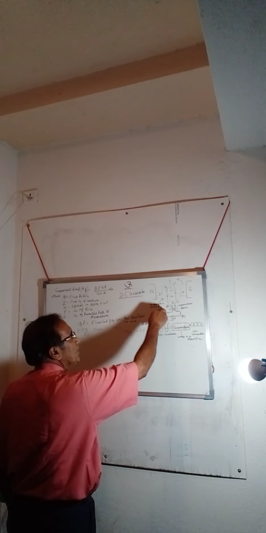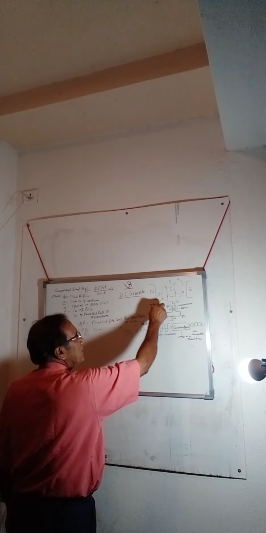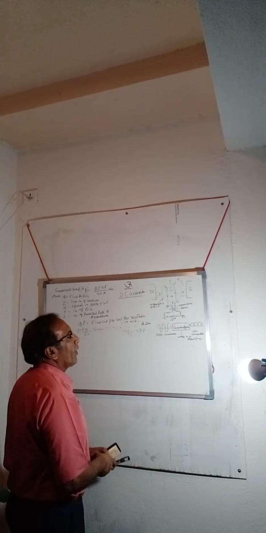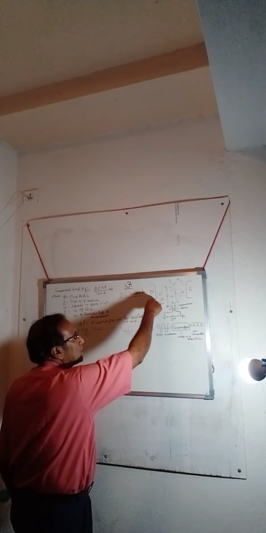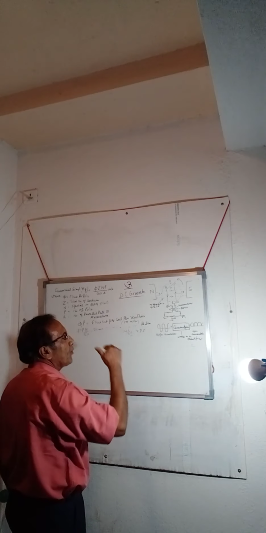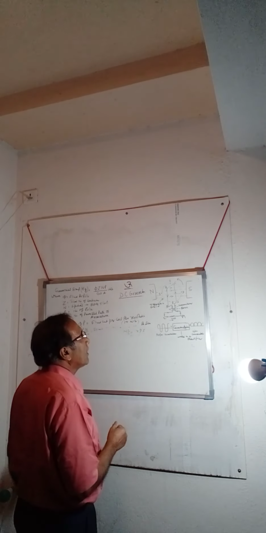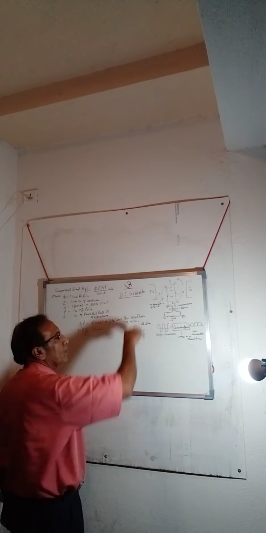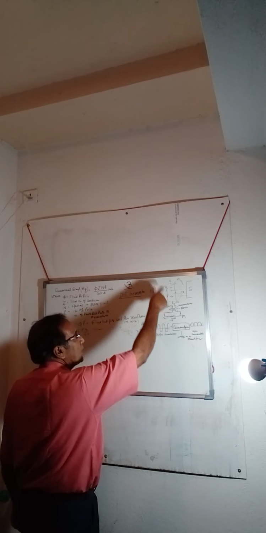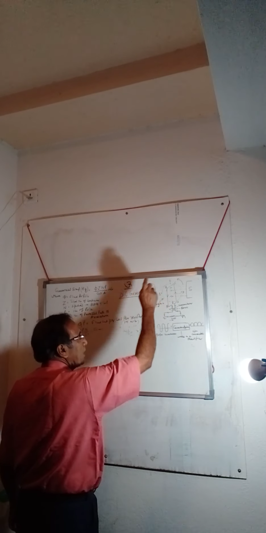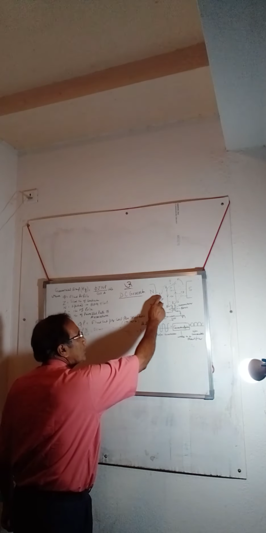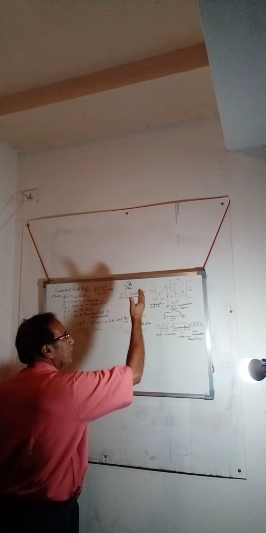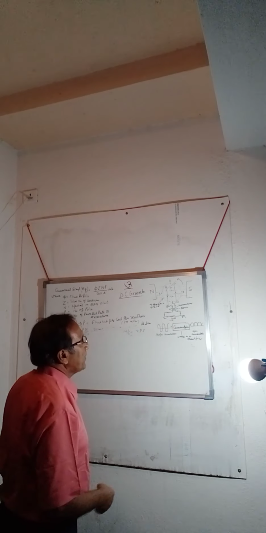But when the coil position comes to 1 and 3, that is 90 degree and 270 degree, then the motion of the coil is perpendicular to the direction of the flux, therefore the flux cut is maximum and the induced voltage in the coil is also maximum. So we have to remember these four positions: at 0 and 180 degree the voltage is 0, and at 90 degree and 270 degree it is maximum peak. One is a positive peak and another is a negative peak.